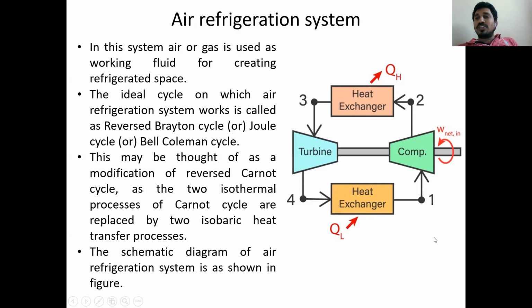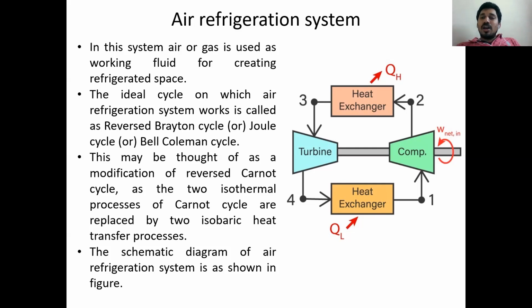Now we'll see how it works. Let's consider air as the working fluid which is passing through the system. Inside the system, air is flowing through the circuit. Now this total circuit is divided into four sections. In between section 1 and 2, we have the compressor. In between 2 and 3, we have a heat exchanger. In between 3 and 4, the turbine or expander. In between 4 and 1, we have a heat exchanger. See all of you, four sections, and in between, we have four parts.